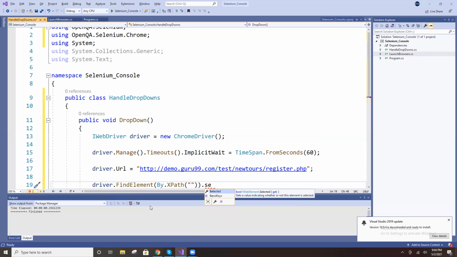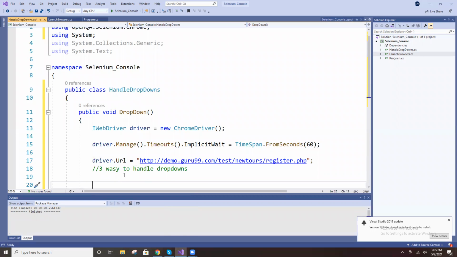But coming to here, drop down. Coming to drop downs, okay. Three ways to handle the drop downs. First one is by index.